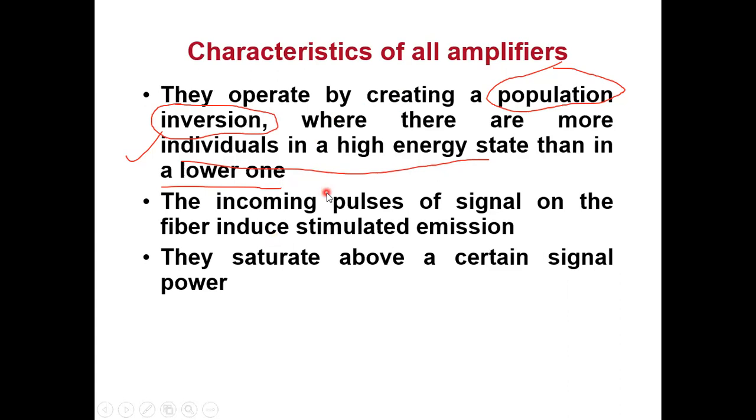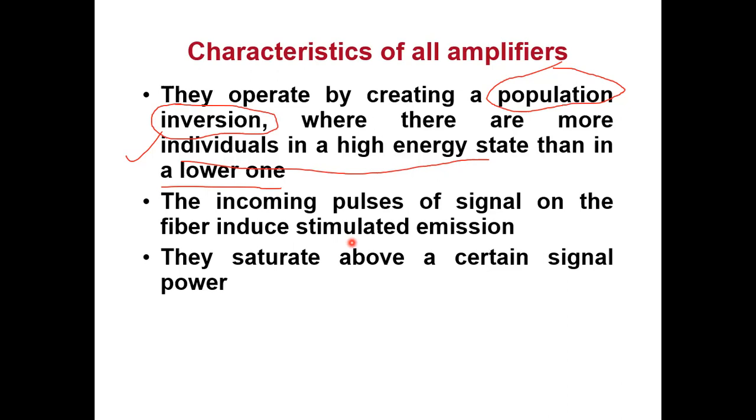So मेरा एक amplifier का block है. So I have the incoming pulses, the incoming light enters the amplifier block, और वो जो amplifier है उसके अंदर I have stimulated emission taking place. So what happens in stimulated emission? One photon strikes the other, produces 2 photons. Those 2 photons strike the other photons, produce 4. So that chain continues. So we have 2 types of emission that also we will study when we will study laser. We have spontaneous emission, we have stimulated emission.